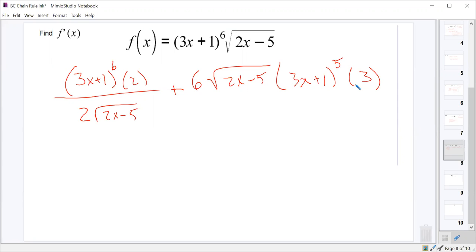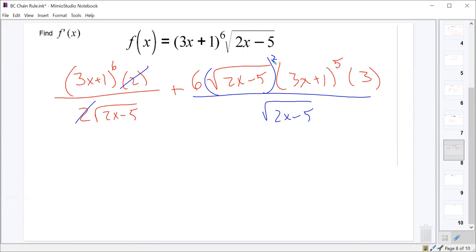Good. Okay, now the important thing that we want to make sure we can do is get a common denominator, simplify this down, factor stuff out if we need to, in case we ever needed to figure out when this derivative was equal to 0, or whenever this derivative was undefined. So first off, to get a common denominator, cancel those 2's first, we'll need to multiply both of them by root 2x minus 5,